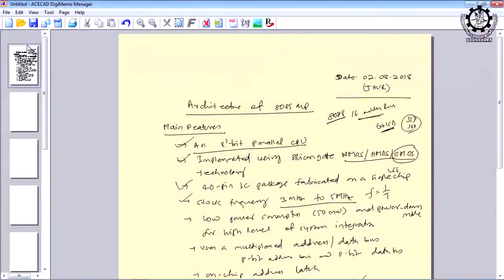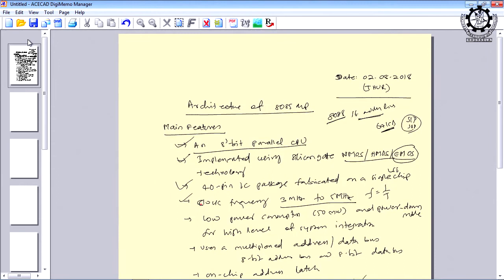Am I clear? So, once you increase the clock frequency, the temperature or the heat that is generated due to faster operation will be a problem. Therefore, the clock frequency is decided after design and experiment in the microprocessor laboratory. Then it will be tested also, and after testing, if it is found okay, then it will be released to the market.